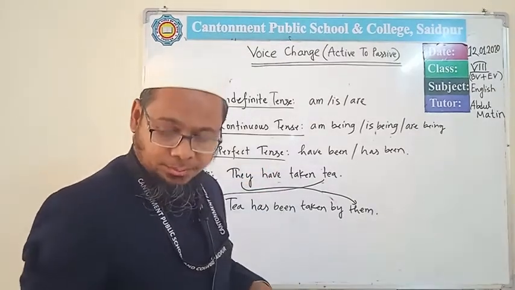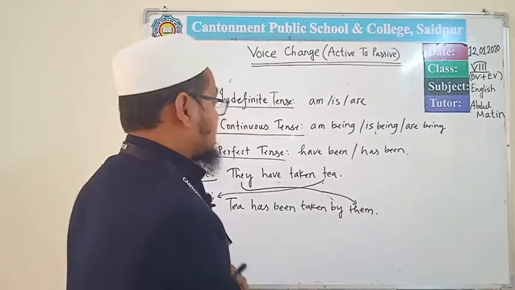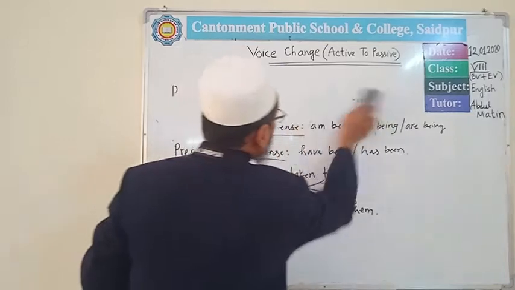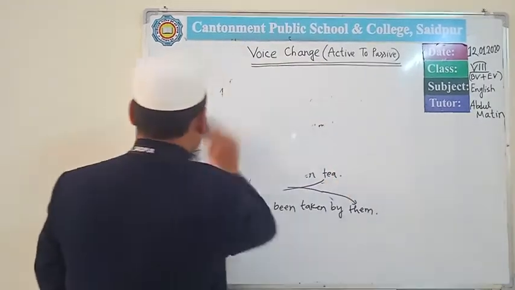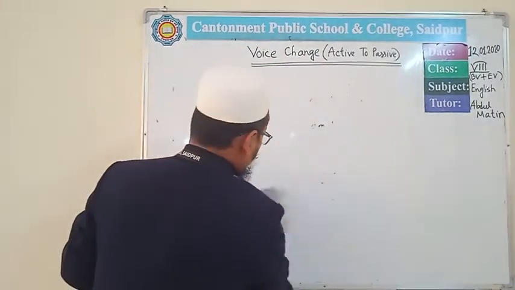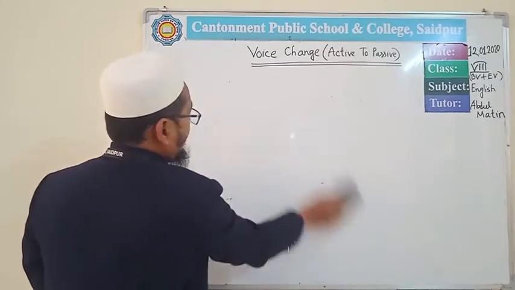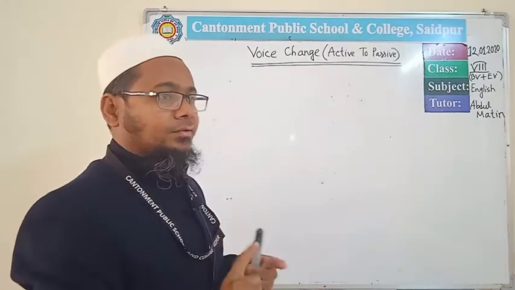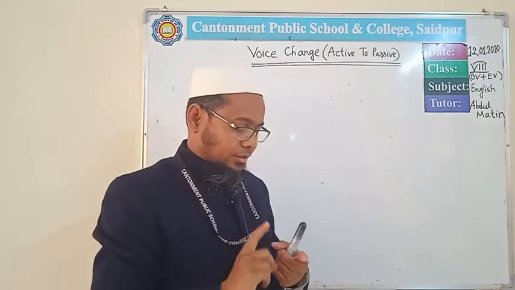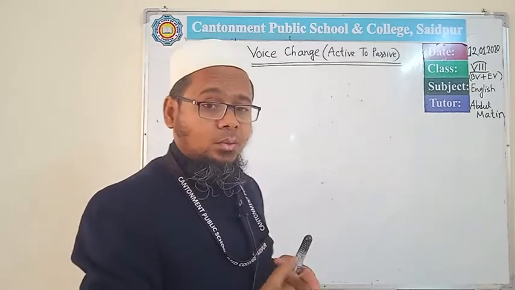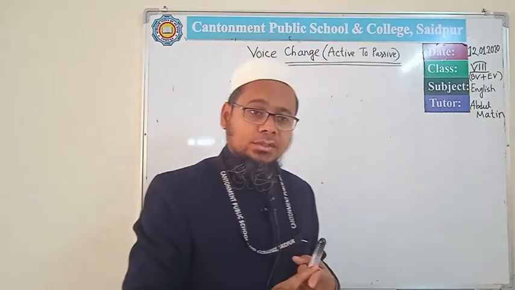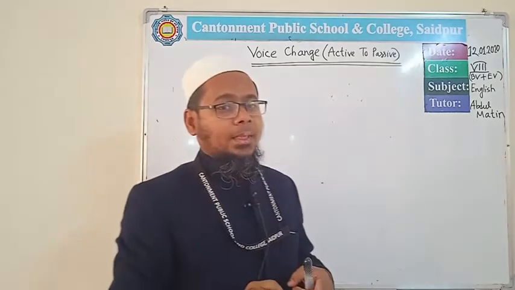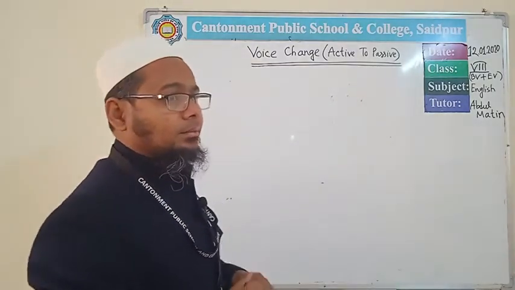Now we'll practice the tense of past tense. So from past tenses, first one past indefinite tense. Past indefinite tense, the auxiliary verb will be was, were. Past continuous tense, was being, were being. Past perfect tense, had been. So if we practice one example,